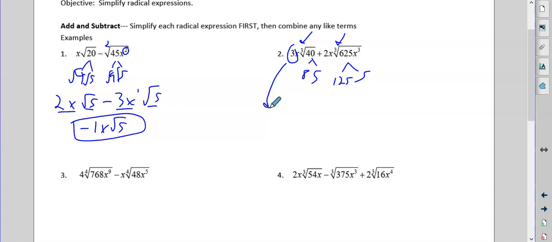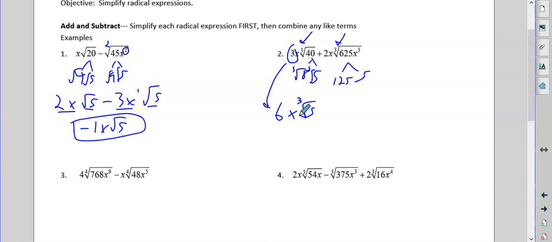Okay, and this definitely gets sloppy, trying to put cube root here. You know what I mean. Okay, these are all cube roots. So the cube root of 8 is 2, times the 3 is 6. And then we have the x out there. And then the root 5 is stuck inside. And remember, it's a cube root 5. Don't just write root 5. You have to put that 3. It's very important. You will lose points if you don't have that 3 there because it is a cubic root,